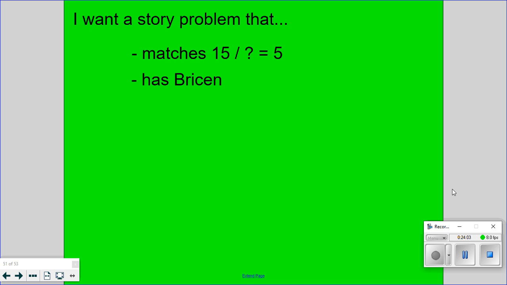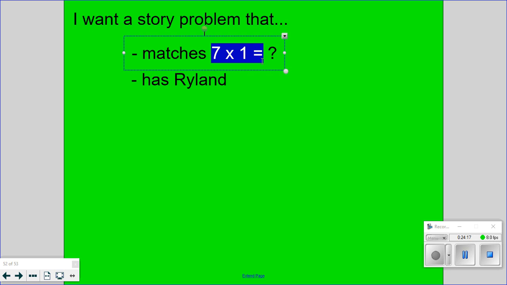All right, we got one more. Last one. Last story. New story. This time, your story has to match this equation and has to have Rylan. All right. I think we know what that equation means in English. Look at